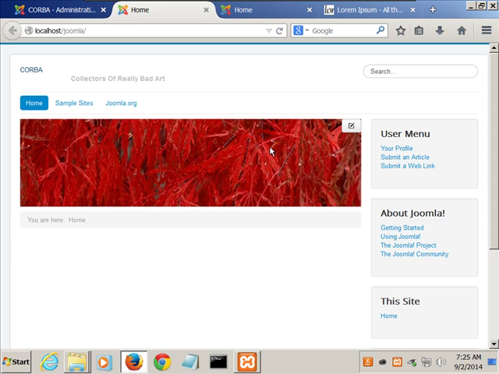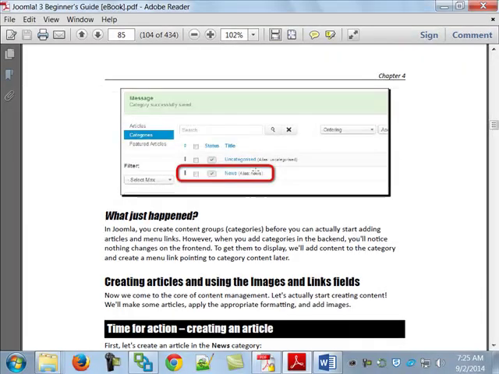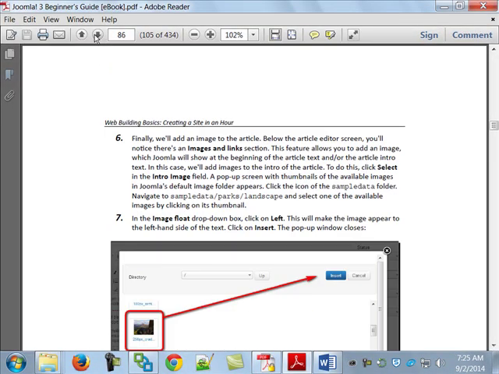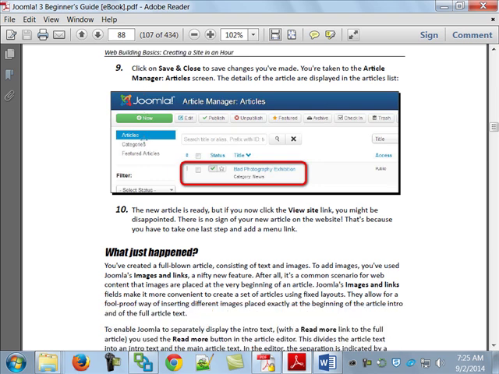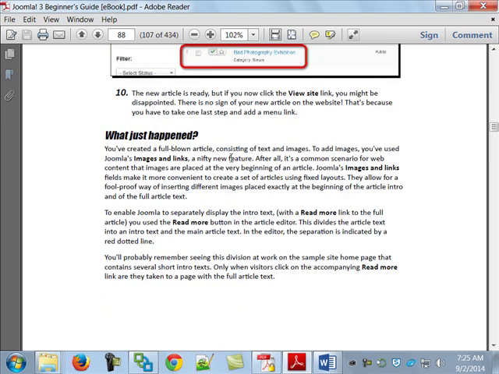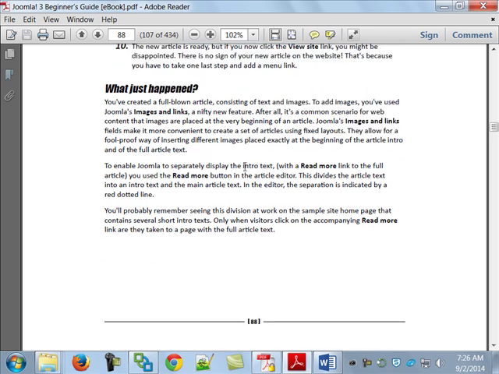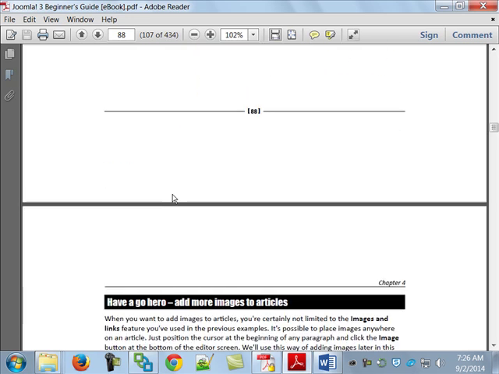That's because you have to take one last step and add a menu link. All right, so again, jumping back into our book. On the bottom of page 88, the author is saying, so kind of what happened here? You've created a full-blown article consisting of text and images. To add the images, we use the images and links. To enable Joomla to separately display the intro text, we use the read more, but now we've got to go through here and we have to add